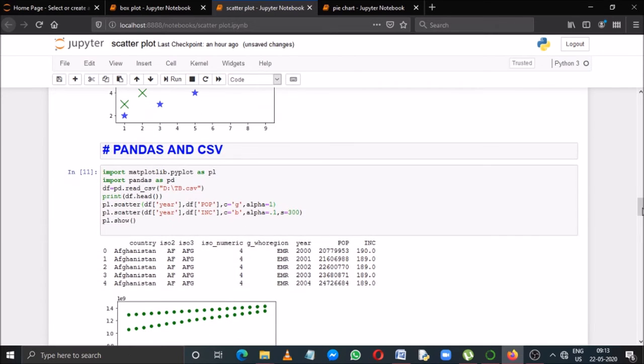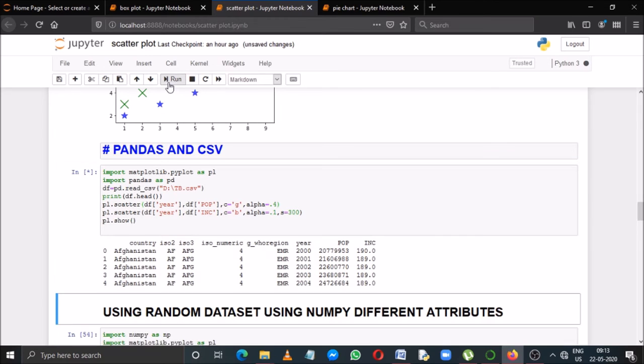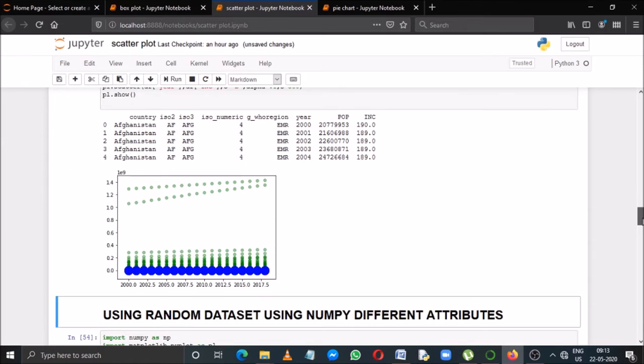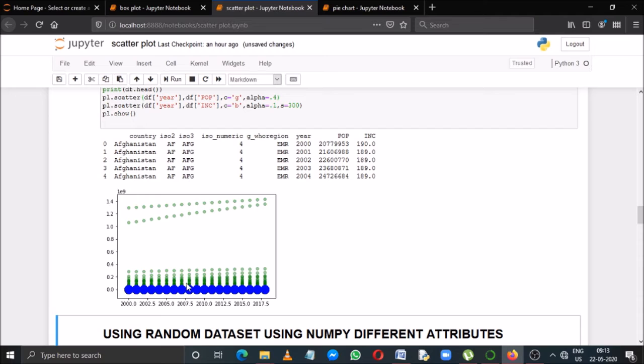Now if you decrease the alpha, if you make it 0.4, then if you run it, now see, the points will be very much lighter, the colors will be very much lighter, and you can differentiate between the points a little bit now. Same thing you can apply with the second one also, or you can just change the size. If you make the size a little bit bigger, then you can differentiate all the points. So for this purpose, these 2 attributes alpha and size will be very handy.